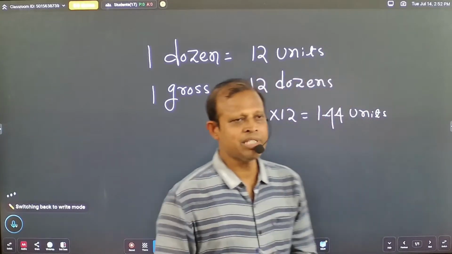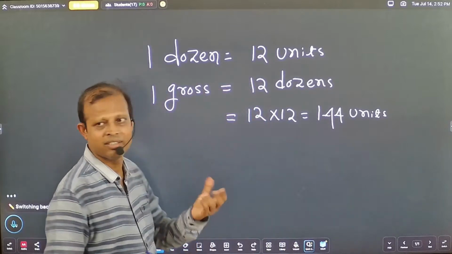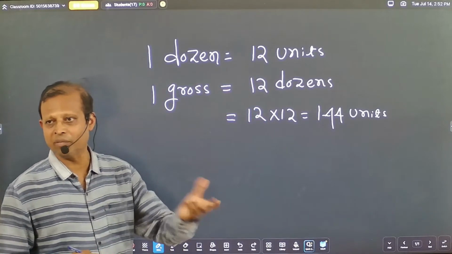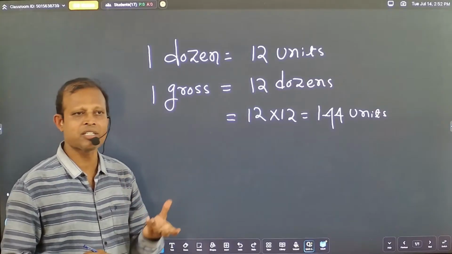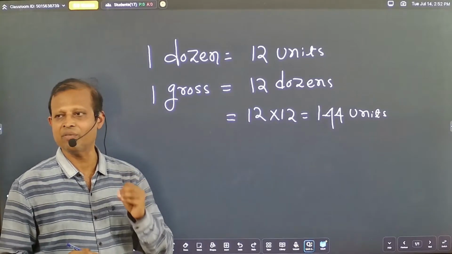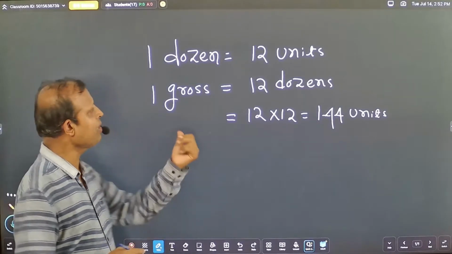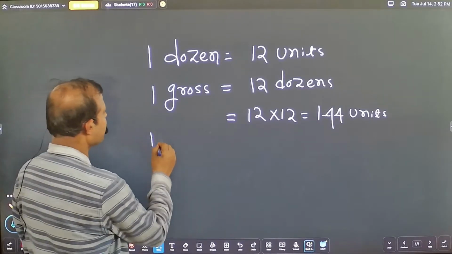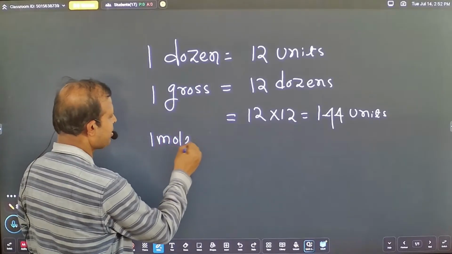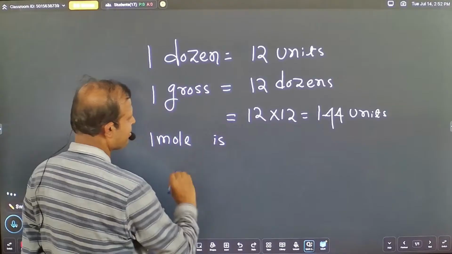So in chemistry, we generally study about matter, the properties of matter, the composition of matter, and matter consists of large number of small particles. These particles may be called atoms, molecules, or ions, right? So when I talk about 1 mole, it's a larger unit. 1 mole is a what? A mole is a larger unit